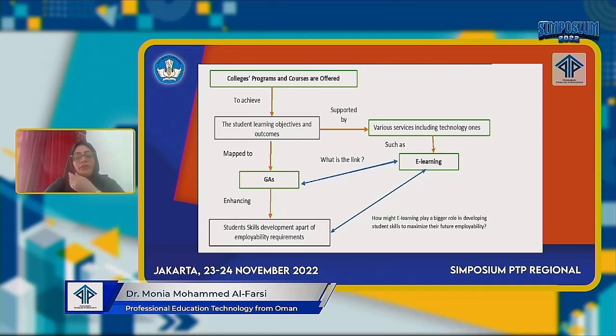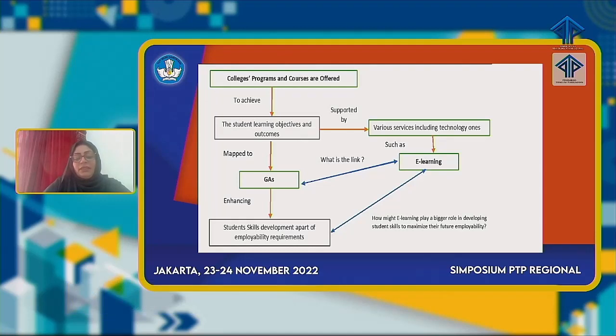What is the meaning of graduate attributes? These are the things that the students need by the end of the course. They need to have the knowledge, as well as be skillful, enjoying the labor market with a confident personality, and with skills that add things to the place that they work in.